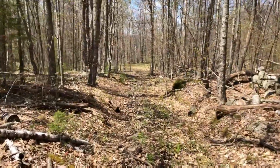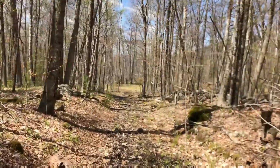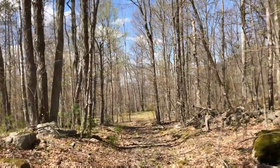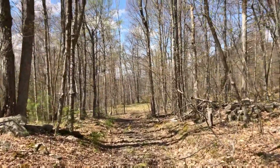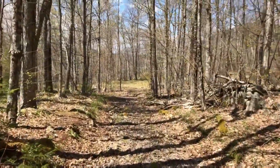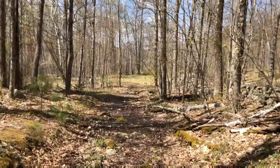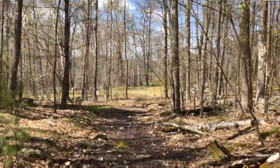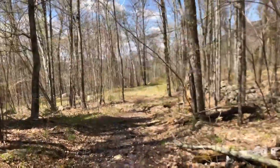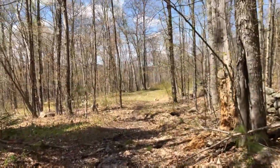Get some good views at the top, and it's really only like 2.25 miles to the summit and all the views. And like 4.5 miles end to end. Obviously I went up and down, so I ended up doing 9 miles total, but you know, I think if you just went up one side and came back down, or did it end to end, it's really only 4.5 miles. So that's a good little